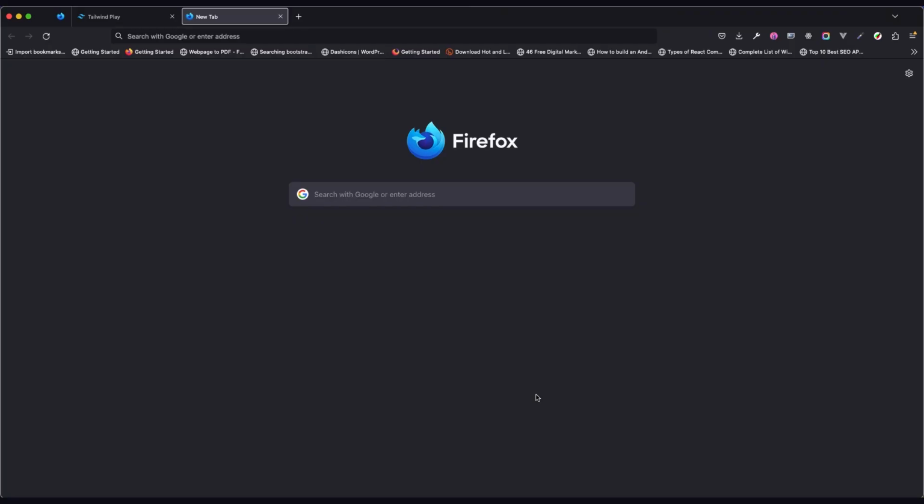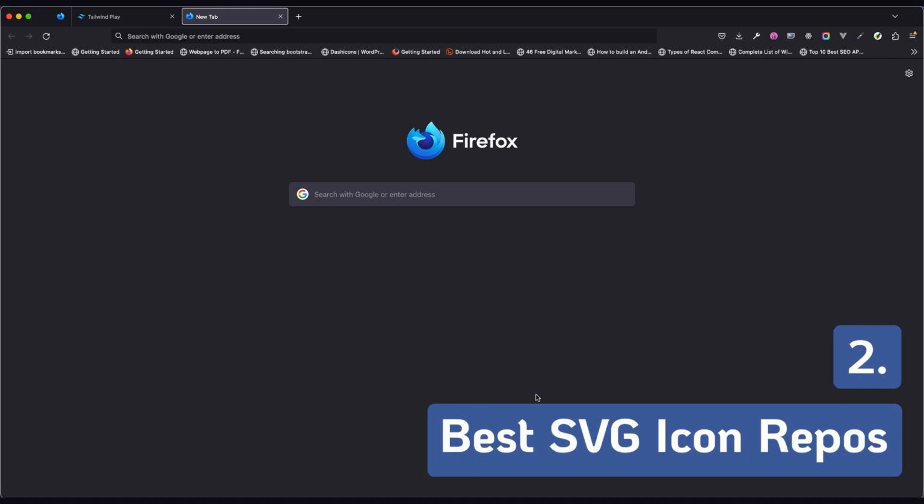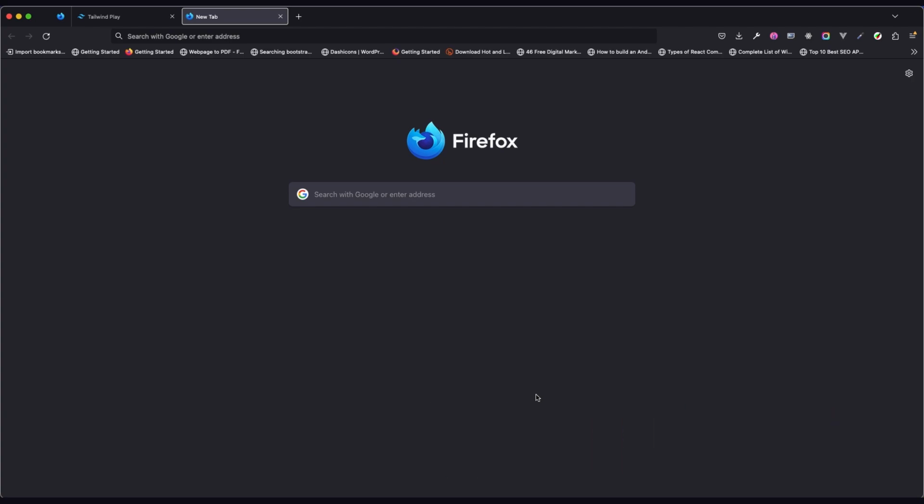Now for our number 2 hack, I'm going to be showing you the best places where you can get SVG icons for any of your web projects. I make use of most of these places a lot of times, and I'm going to show them to you. And the first one in the list is